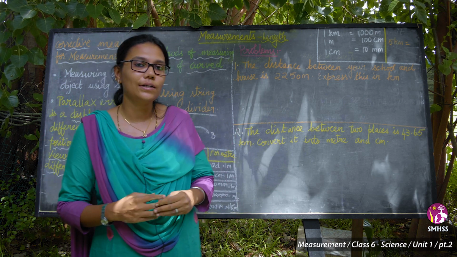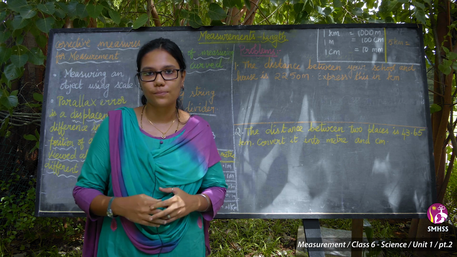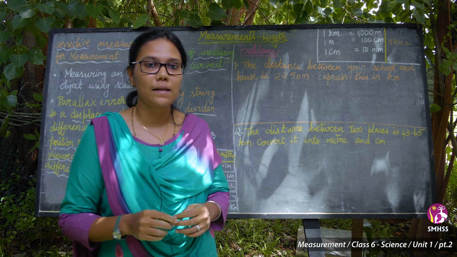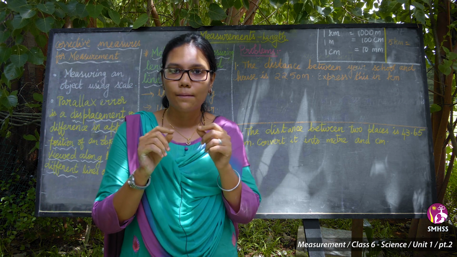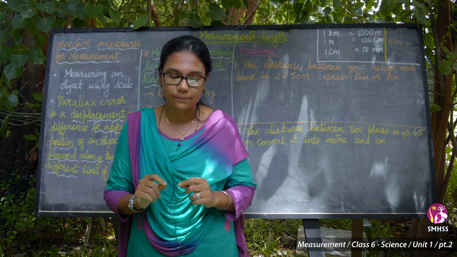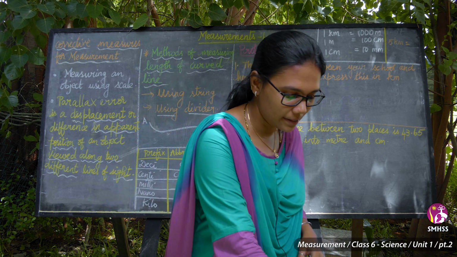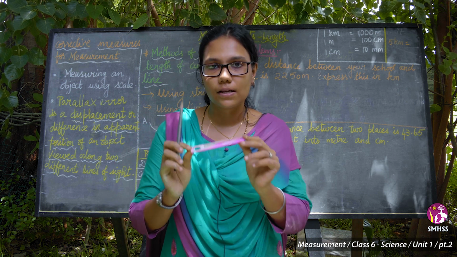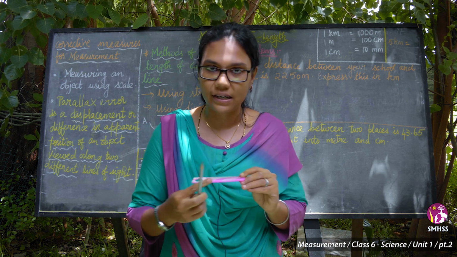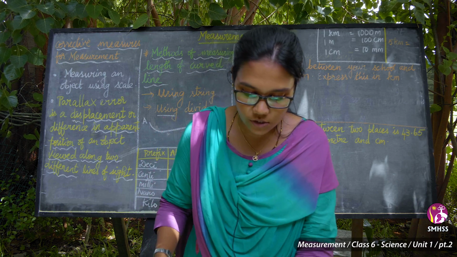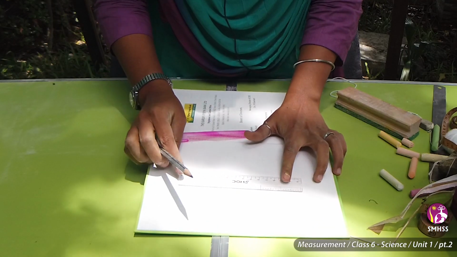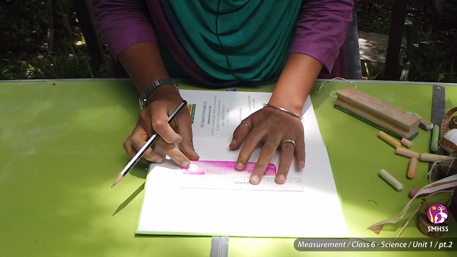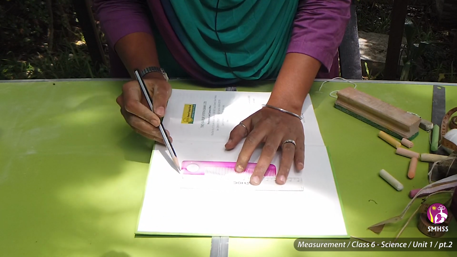And we are going to sort out a few problems also. Before getting into that, I will explain how to properly measure the length. Now see, we have an object called a comb. A comb is a regular object, no bend in that, we have a straight line. So we are placing the comb at the starting point, that is 0.